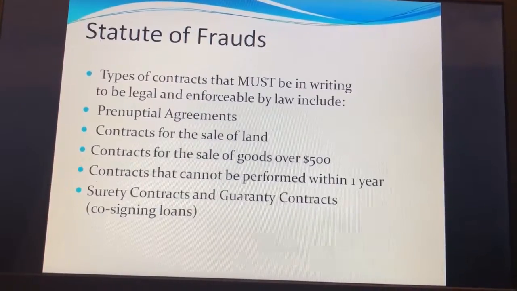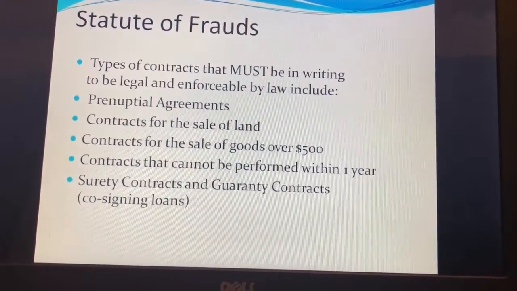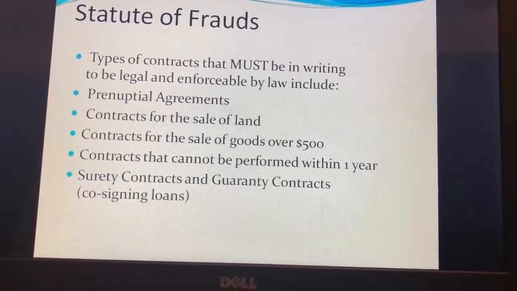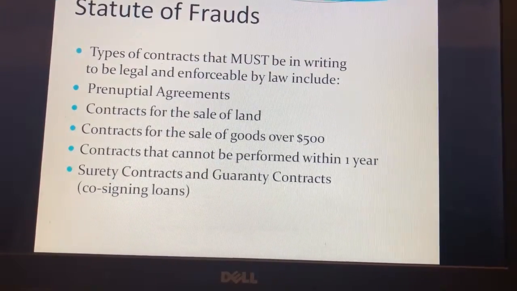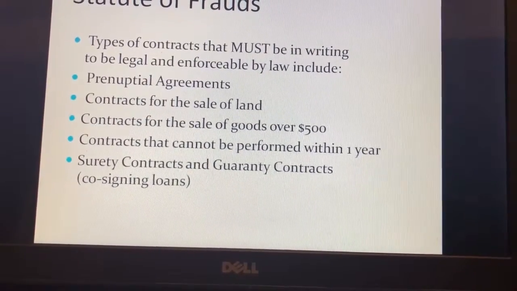Finally, the statute of frauds was developed in 17th century England to prevent hiring third-party witnesses, to prevent fraud on courts, and to regulate written contracts. Examples of contracts that must be in writing